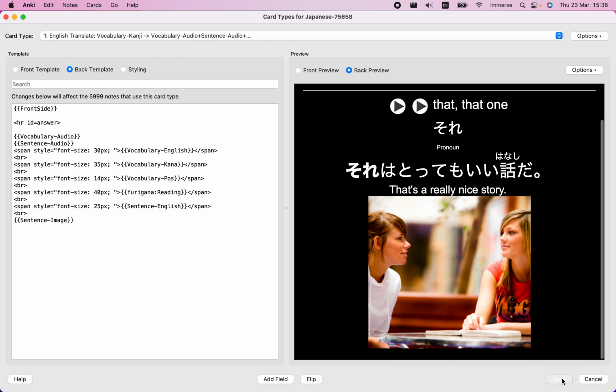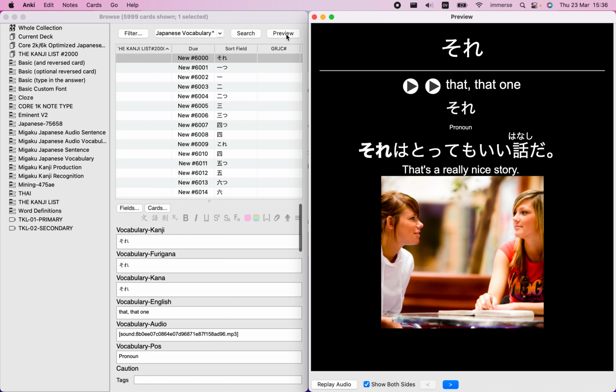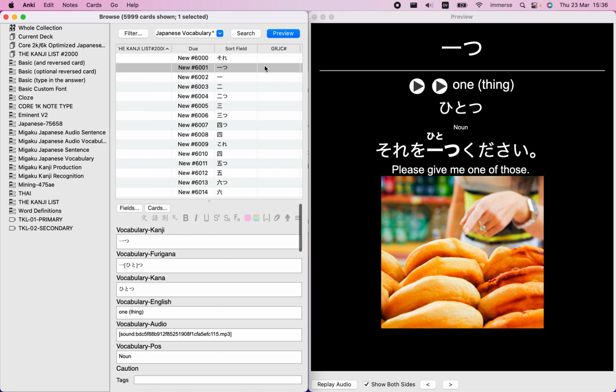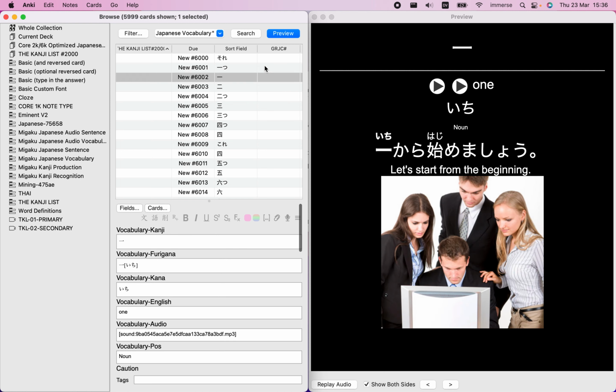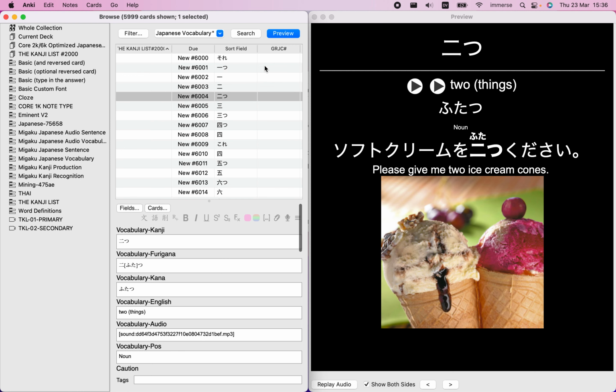Then if you hit save, go to preview, and then if you just go through the deck,